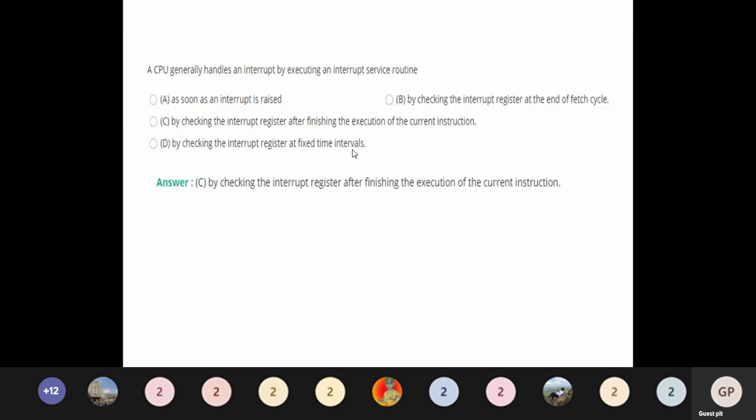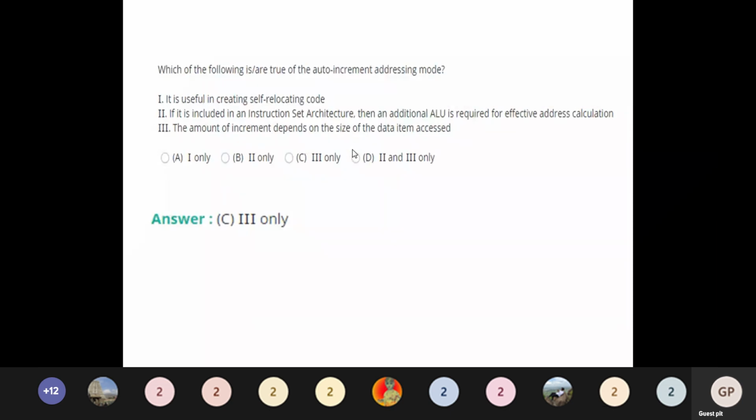The other question is: which of the following is true of the auto increment addressing mode? First statement: it is useful in creating self-relocating code.